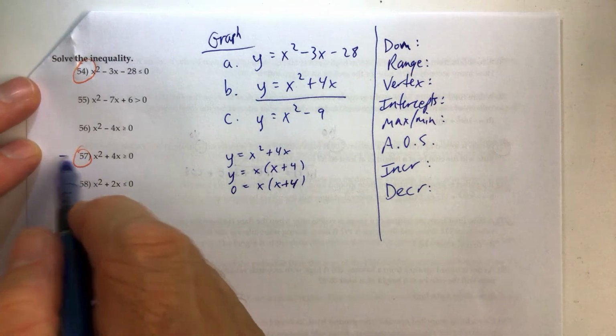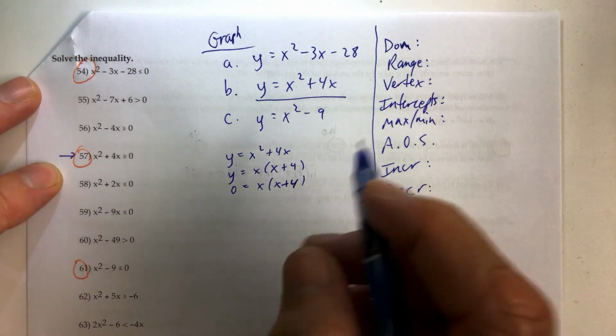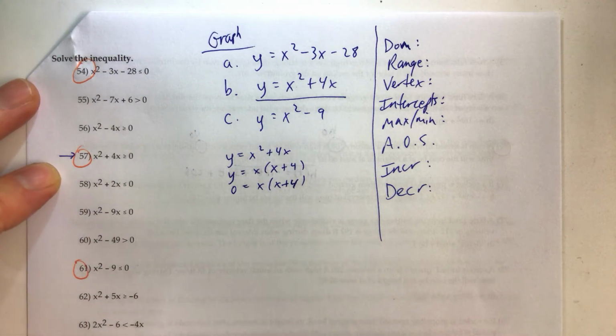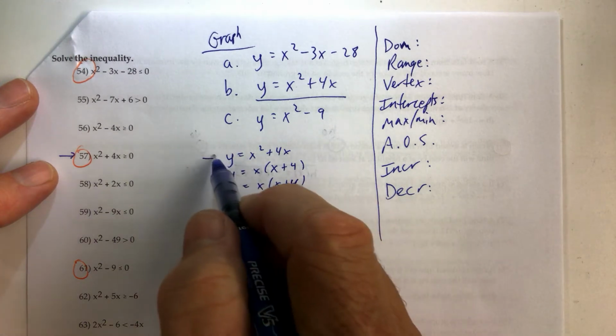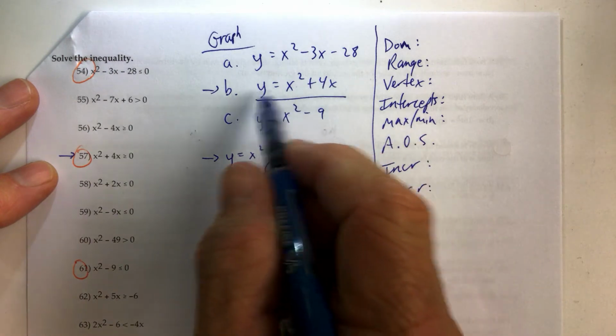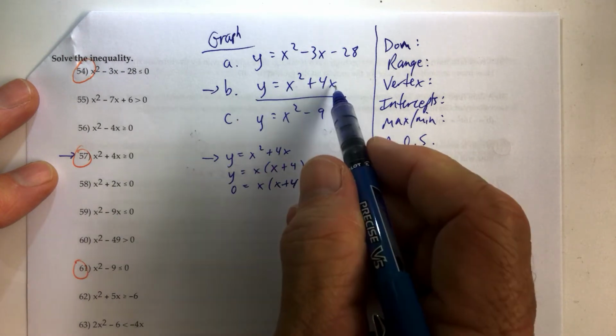So we're going to do problem number 57 now. And the math with problems 57 and 61 will work out much nicer than problem 54. That was kind of a nightmare. But anyway, we're going to first look at the parabola, the quadratic function, y equals